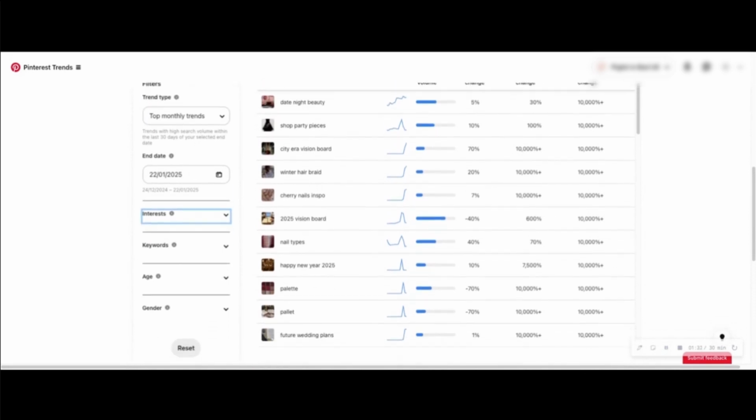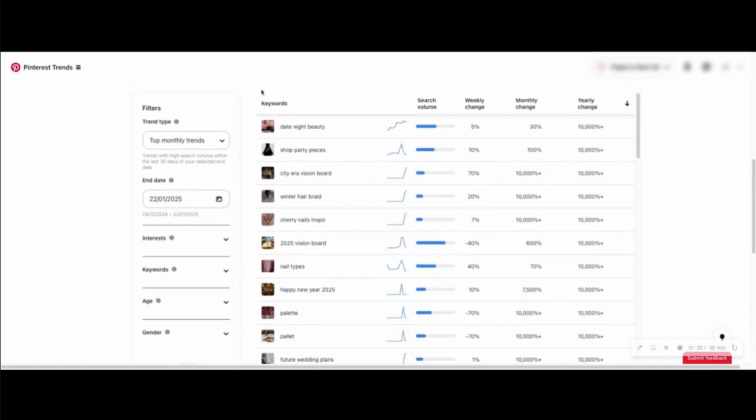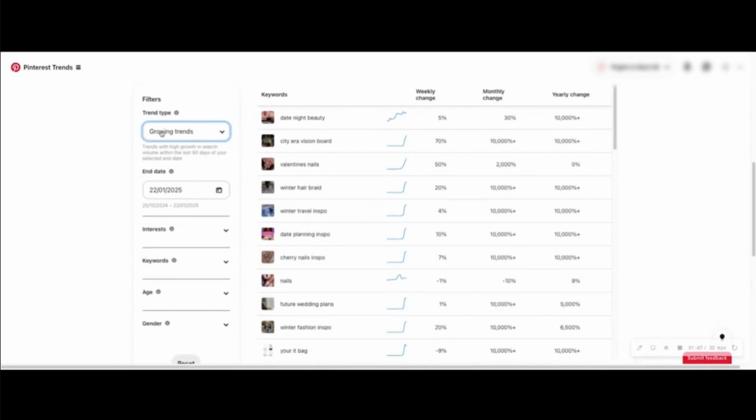And then what we see in this table on the right are different keywords or trends, a graph of their search volume over time, as well as a different indication of search volume, the weekly, monthly, and yearly change. So I've just changed our trend type here over to growing trends, where we can see, for example,